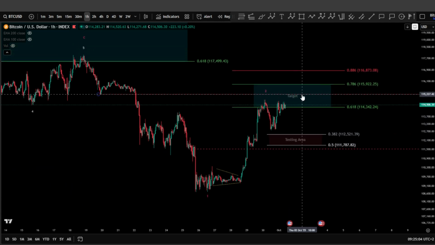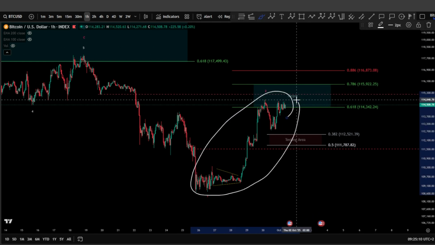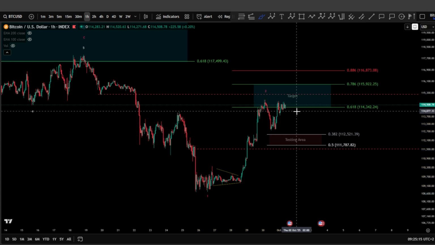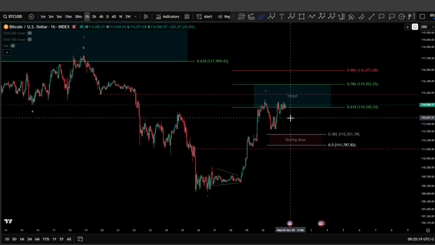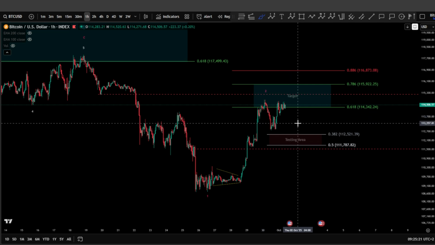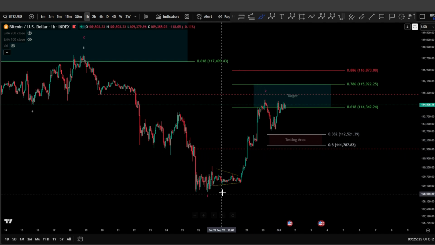Today we're going to start on the 1 hour chart for the daily because I want to analyze all this price action from the beginning, step by step, to see what we are having here for Bitcoin. And later we're going to move to a higher time frame to see the possibilities again. So basically, what we have after this low.